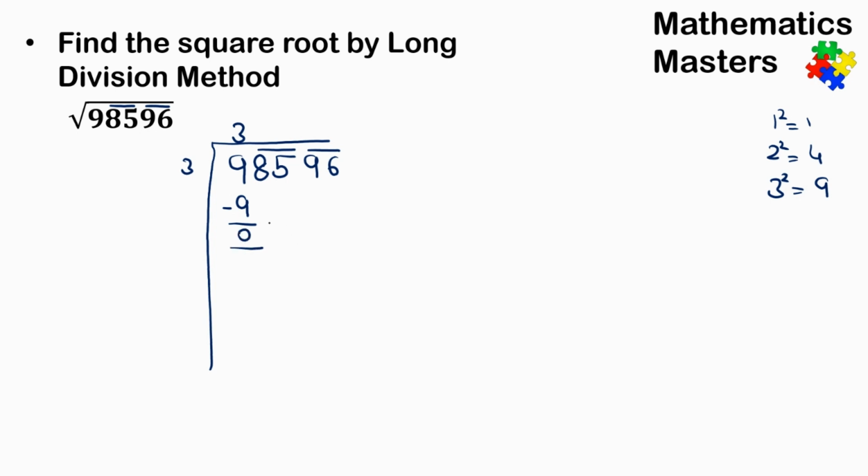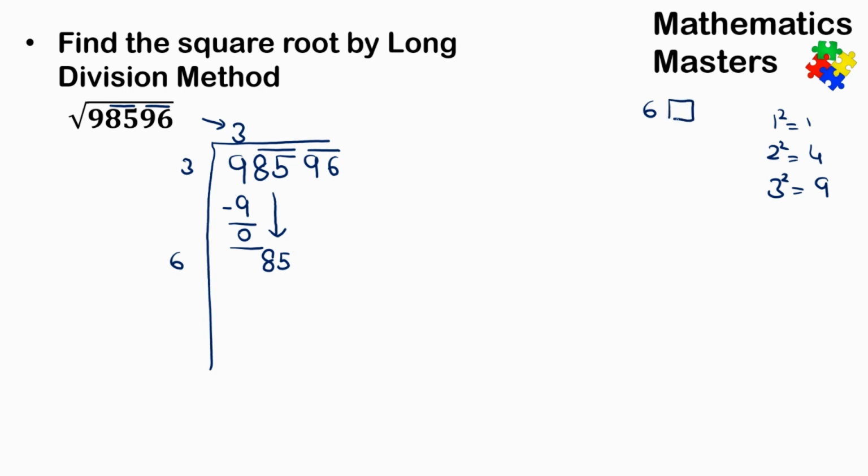Now, as we spoke earlier, we carry down 85, because 85 is a pair, so 85 will carry down together. We cannot carry down 8 first and then 5. We have to carry down 85 together. It's a square root, so we now double the number over here. The number 3 is over here, so the double of 3 is 6. Here is the next part. We need to figure it out like this. So 6 times